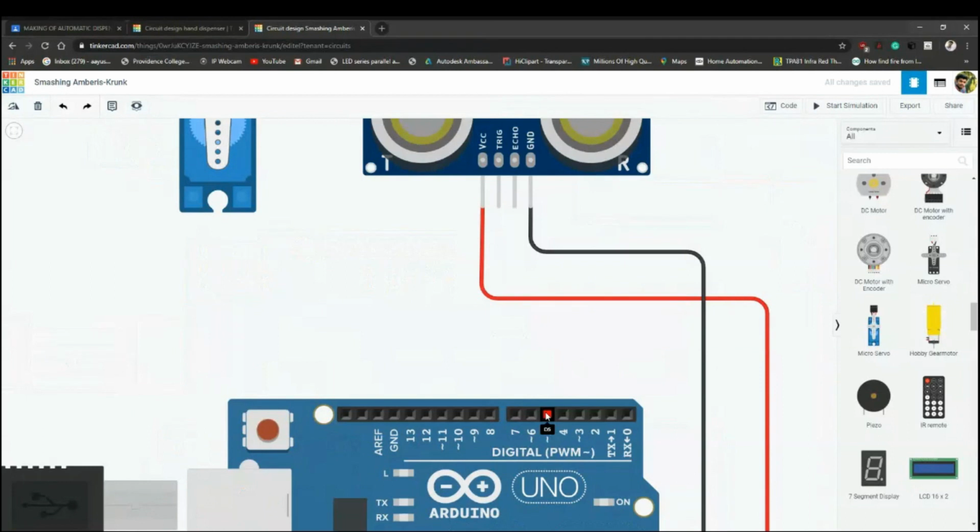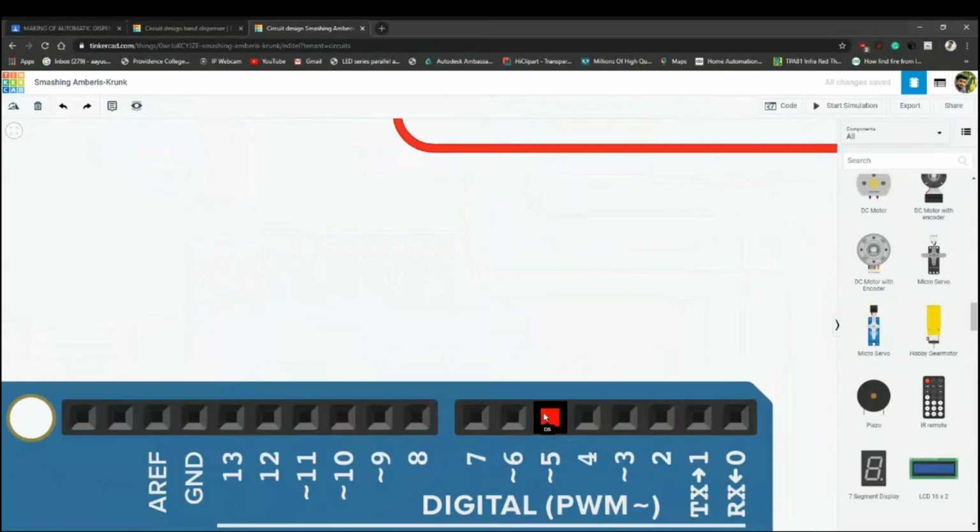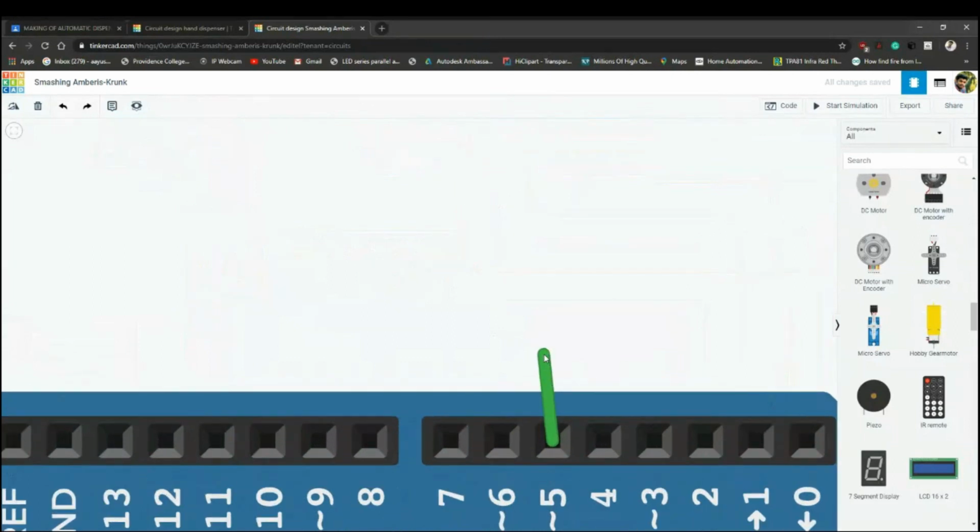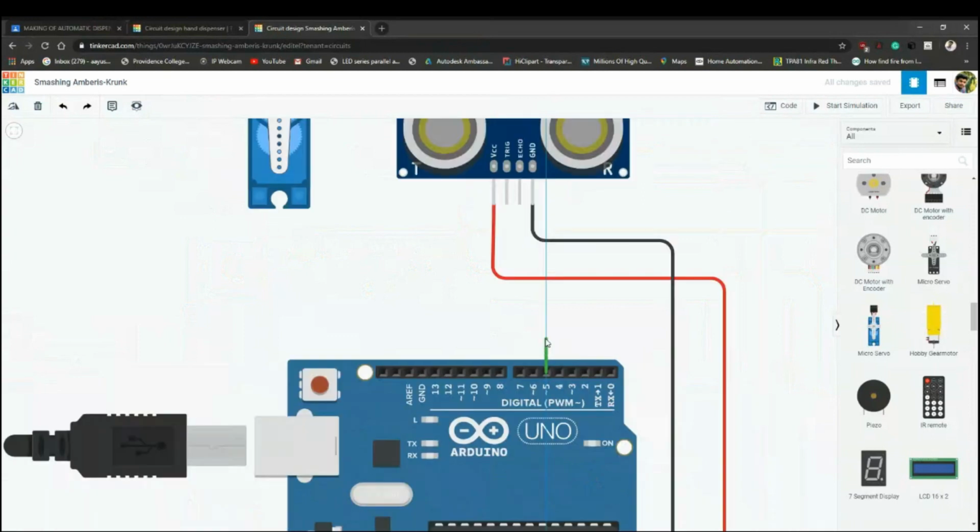Okay, so this is the digital pin 5. You can see D5 over here. I hope you can see it. I have selected it and I'm going to connect it over the trigger pin, just right here. For the signal pins, you can give it any color. Right now, I'm going to give it yellow and white colors. Okay, so we got the trigger.